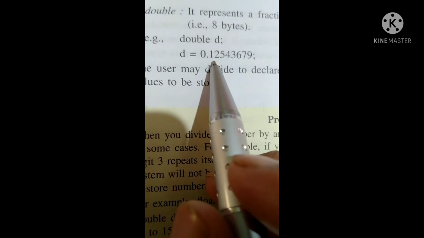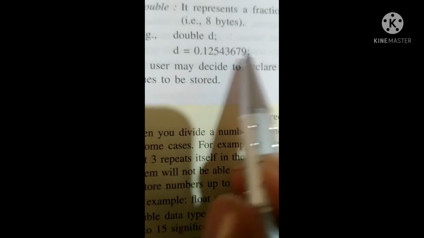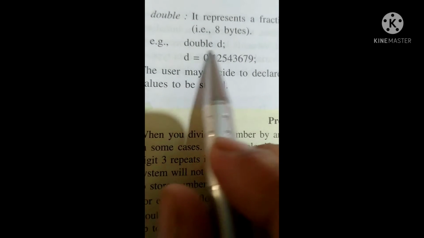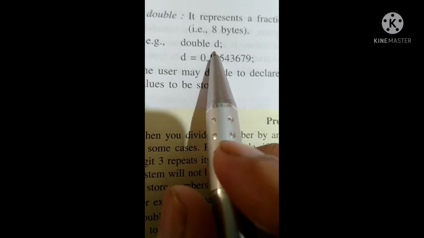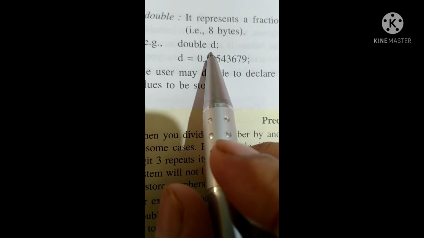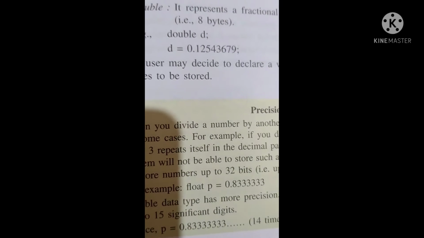So we have a large number of decimal points, that's why we are declaring the data type double here. We have to understand, before writing data types, what kind of number we will write in the program. According to that we have to declare our data type.